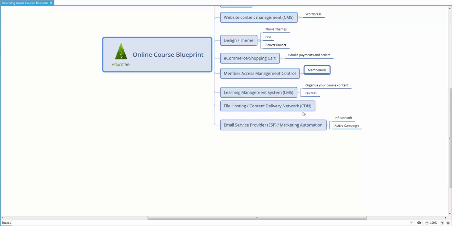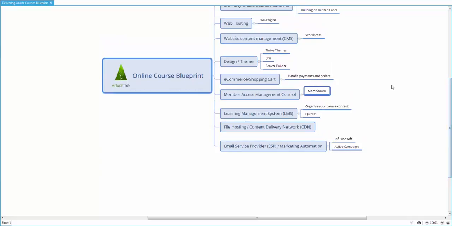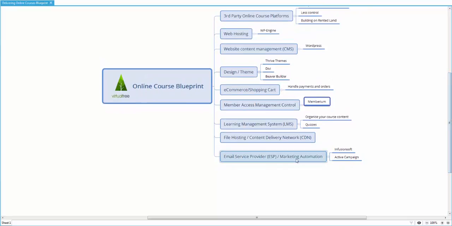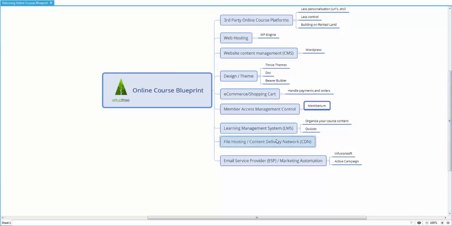And the next thing you need is a file hosting or content delivery network for your content. Whether it's your online course content like videos or downloads, or membership content, you'll want to be putting this on a separate host. Now you're probably wondering, well, hey, I have web hosting, can't I just upload files there? And yes, you can, technically. But why I usually recommend you host, especially video files and download files, on a separate file hosting or content delivery network is that it will,